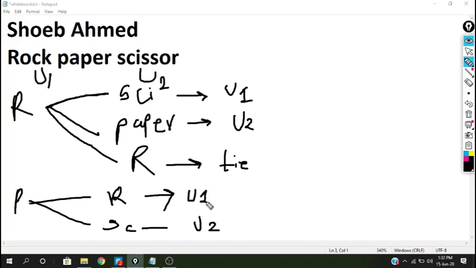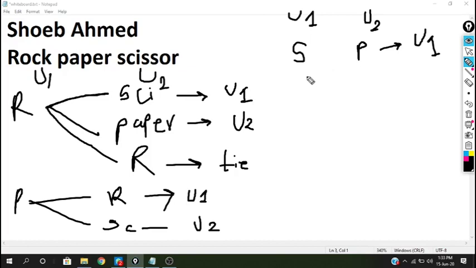And if both take paper, it is a tie. In case user 1 has taken scissors and user 2 has taken paper, the winner will be user 1.